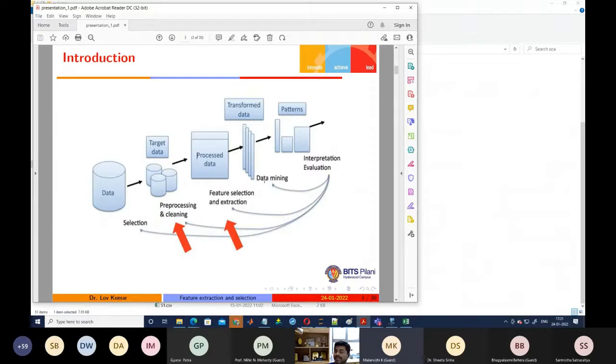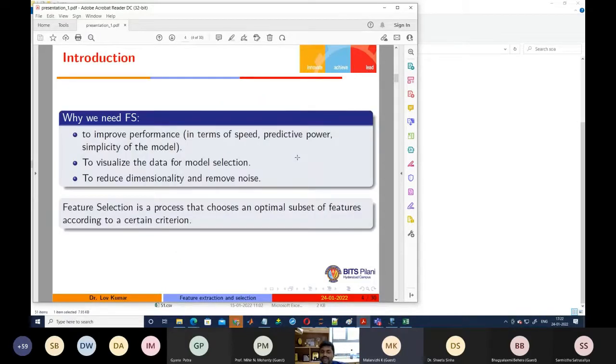Then we are using some classification technique, and after that we are going to analyze the result. After using the feature selection technique, can we get better performance or not? Or with a smaller number of features, can we get similar performance to the models developed using all features? So the main objective of the feature selection technique is to reduce or remove the irrelevant features and select the best combination of relevant features.